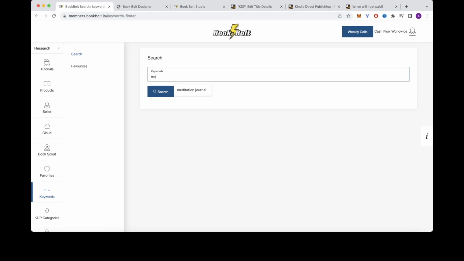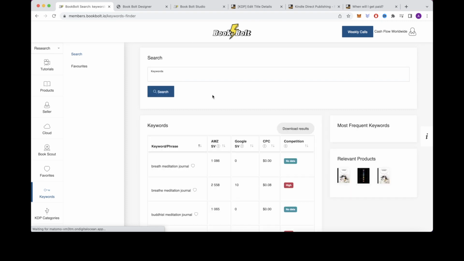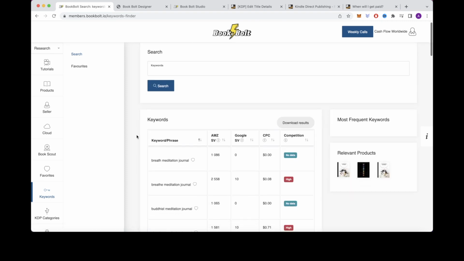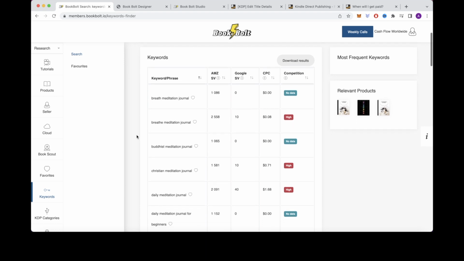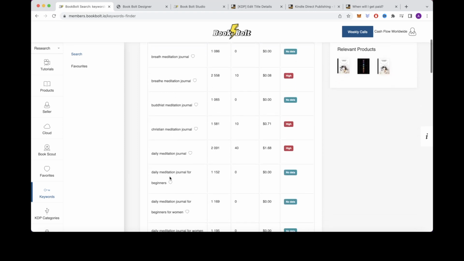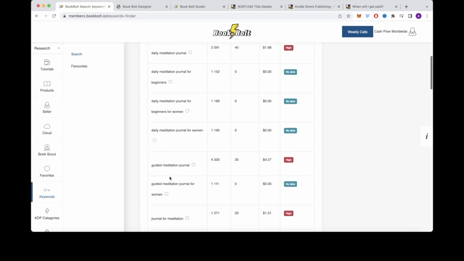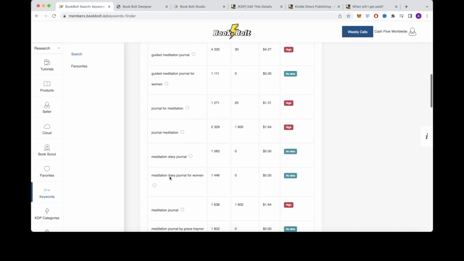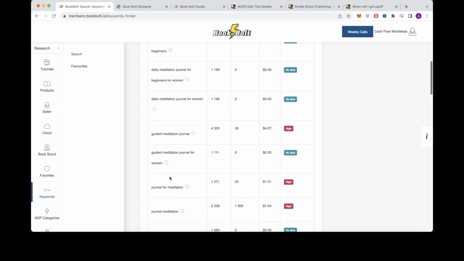And then I'll just type in meditation journal since that's related to the example I have. So you'll just type in whatever keyword is related to your journal. So it'll provide you with all these different keywords that show the Amazon search volume, the Google search volume, the competition score. So you'll go through all these and select the most searched keywords with ideally a lower competition score. So I'm just going to go through and find the best 7 keywords to add for my keywords list